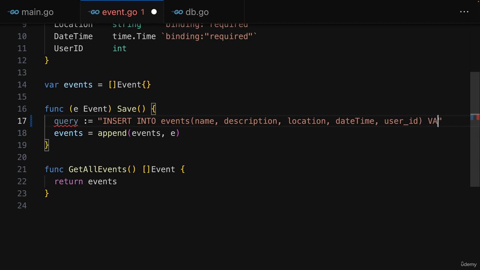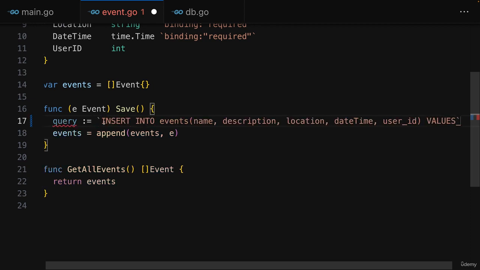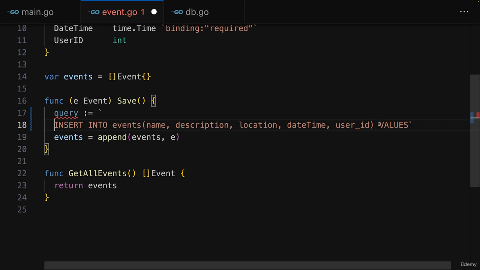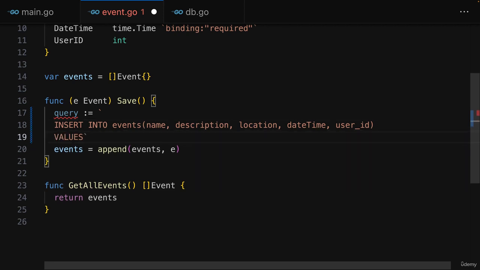Thereafter, you add the values keyword to then define the values that should go into these different columns. Now I'll actually switch to the backtick notation again, so that I can split this across multiple lines to make it a bit easier to read. So that we can write this query like this. After values, we again add a pair of parentheses, and then we define all the values that go into these different columns. Therefore here we could type something like test if we would want to use test as a name